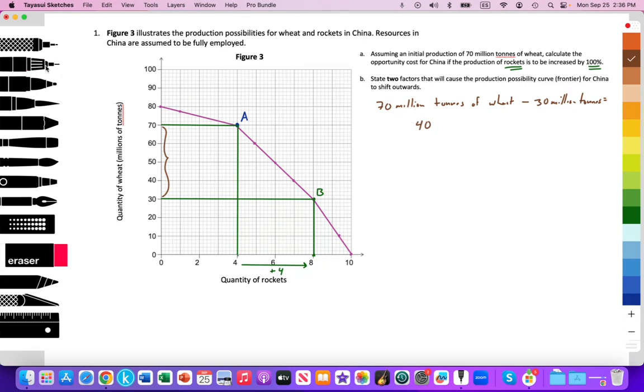That's the opportunity cost. 40 million tons of wheat have been sacrificed to increase rocket production